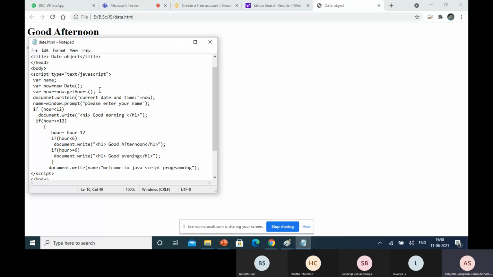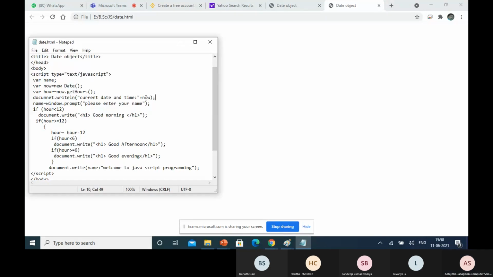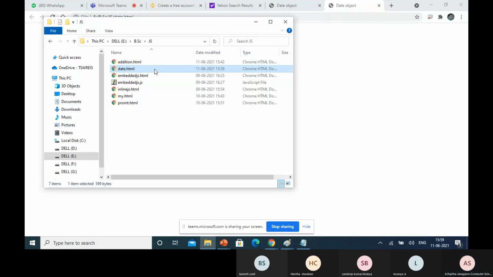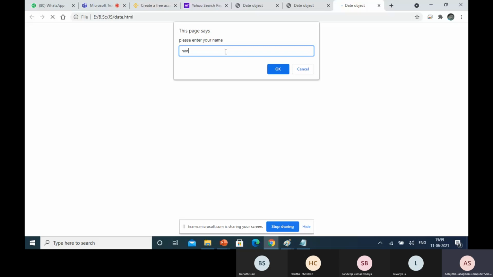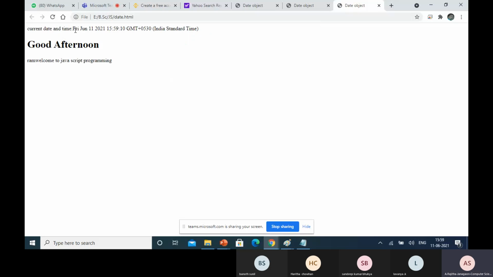Now save that. The spelling of document is wrong here. Here is the current date and time, today Friday June 11th.